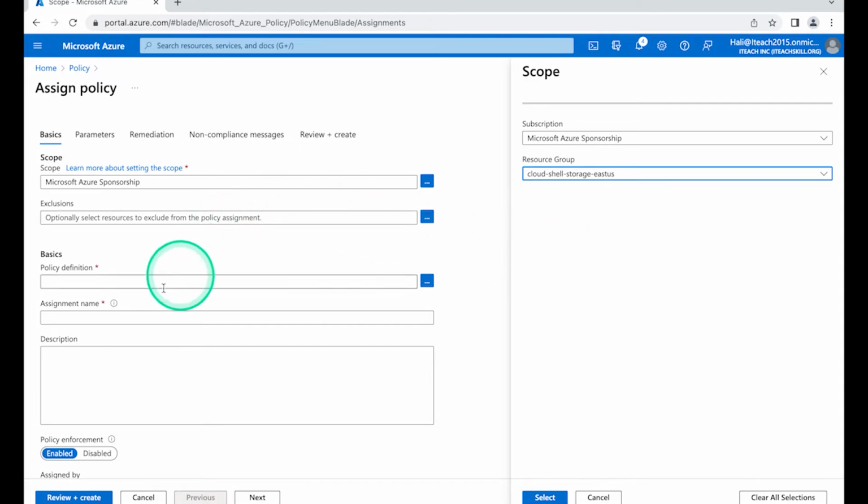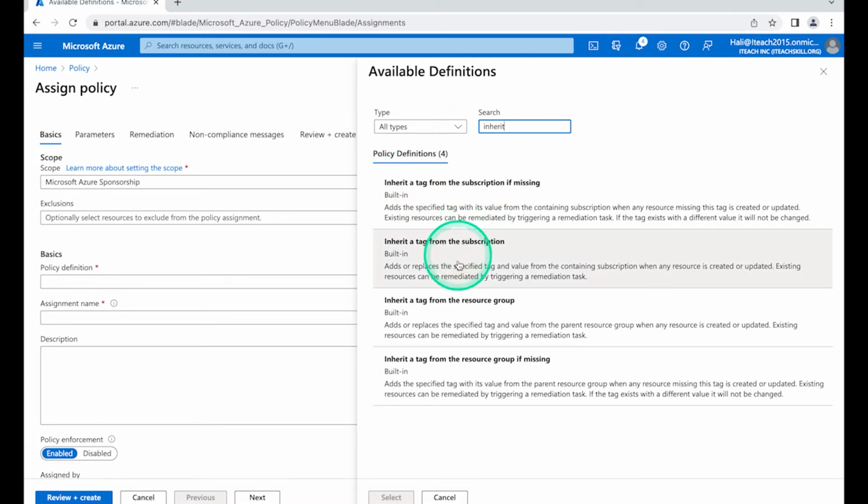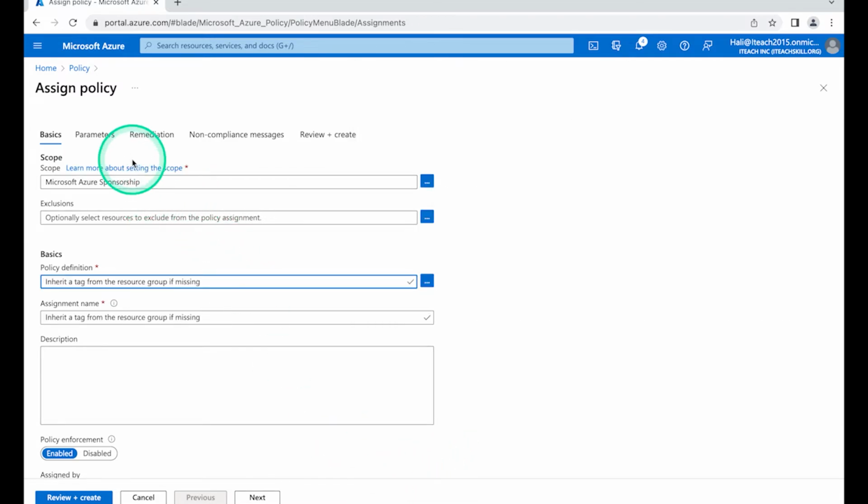After that, we went ahead to the policy definition, and then we searched for "inherit". So once it loads, see, we did this one: inherit a tag from a resource group if missing. That's the one we did. We selected it, and then after we did that,